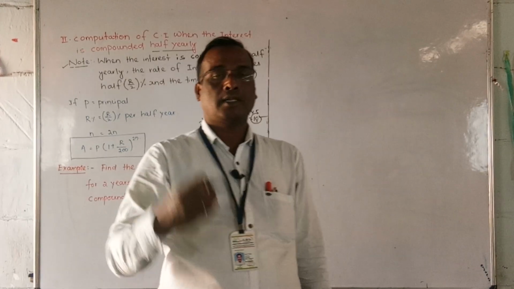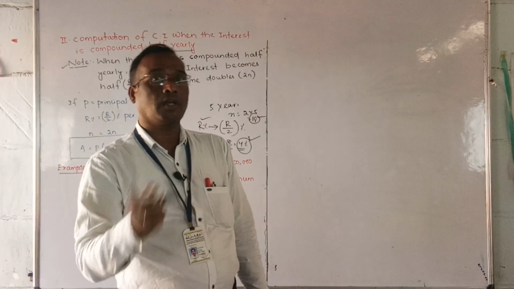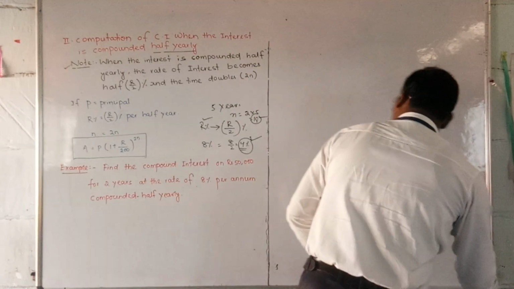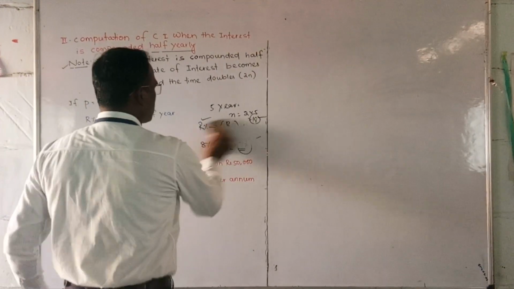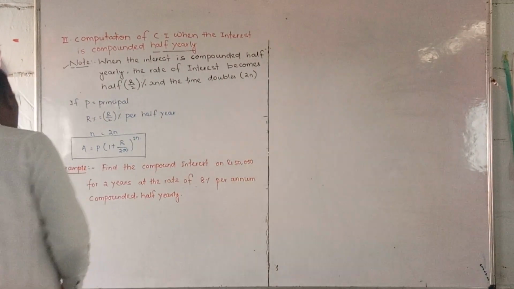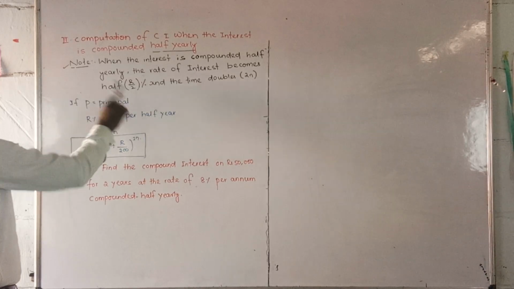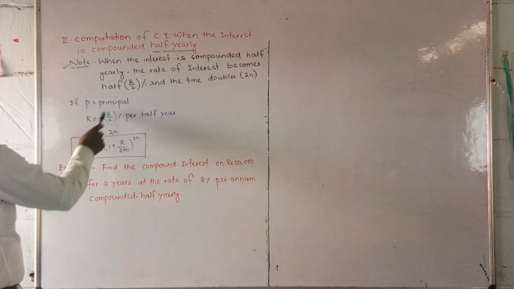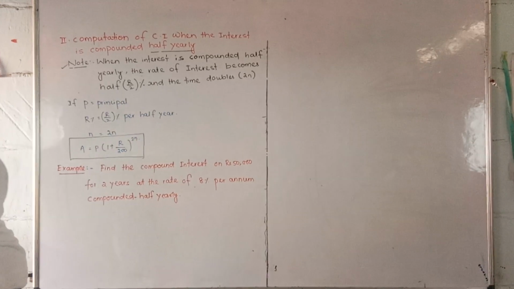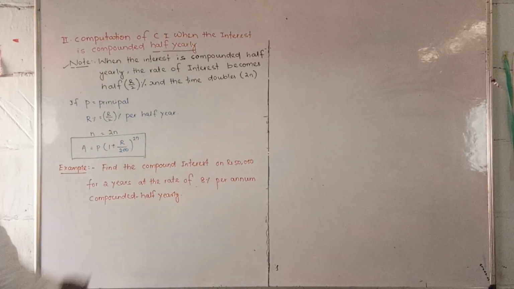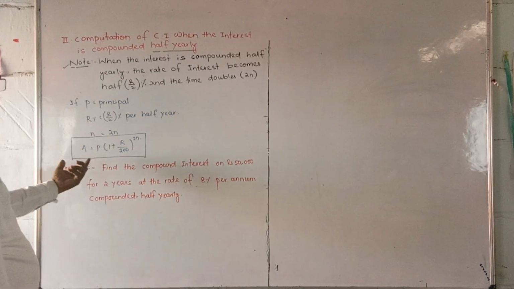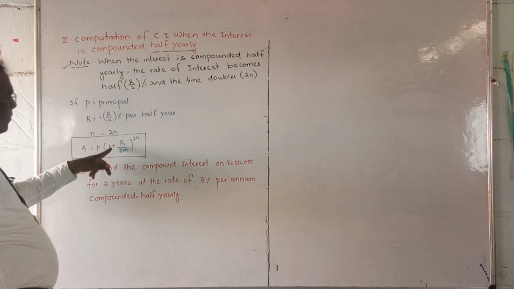So look at here students. Now I have written the formula here. Principal P we have to take, rate of interest R by 2, R is converted to R by 2 for the half year, and n will become 2n because it doubles. The formula is A equals P into (1 plus R by 200) to the power 2n, because R by 2 into the actual formula's 100 becomes 200, and this will be 2n.